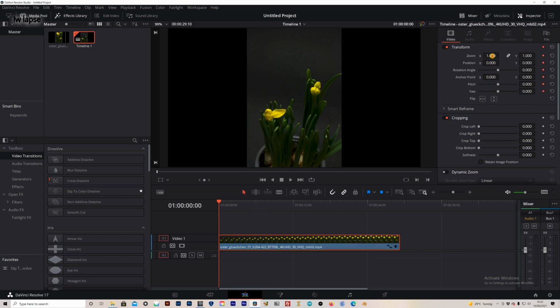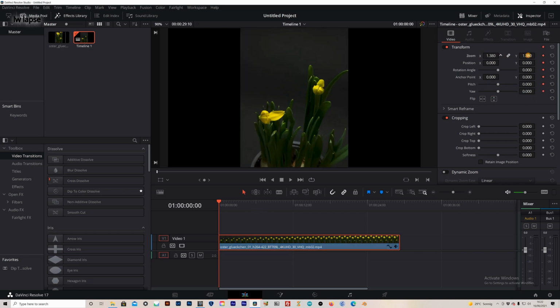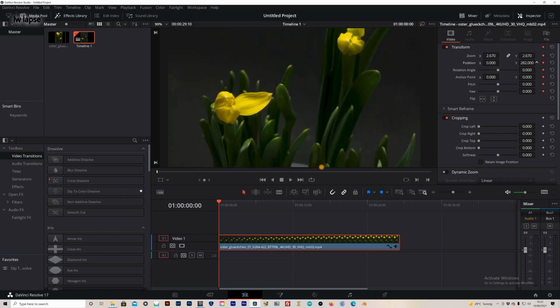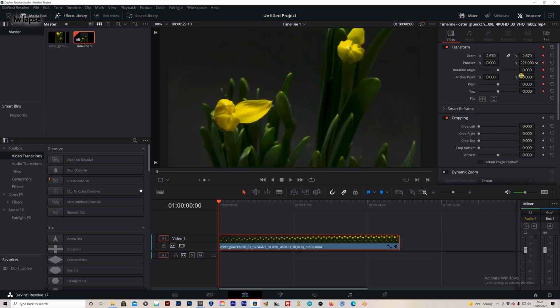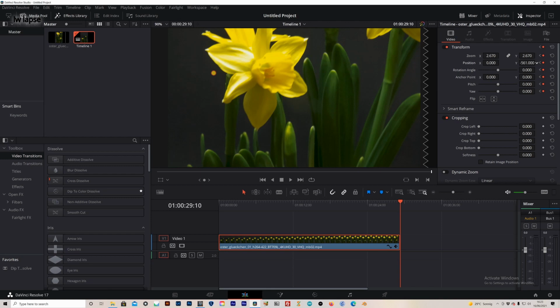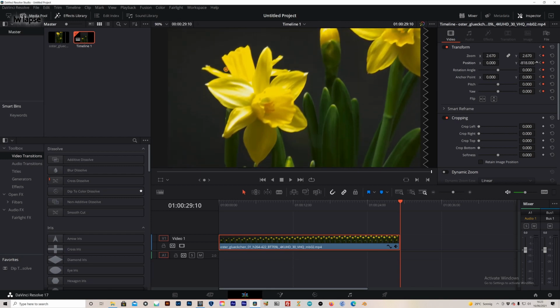Start off by setting a keyframe at the start, adjusting the zoom so it fills the screen. Looks pretty good. Just drag it to the end of the clip. Set another keyframe. That looks okay.